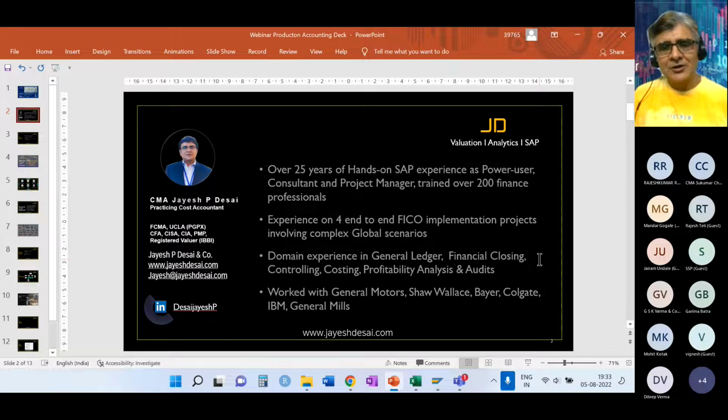In 97, I joined General Motors, which was at that time the Fortune #1 company. My time there was a great experience in terms of the exposure I got, not just to finance, but also to understanding how an organization works. And then, of course, SAP, where they had implemented SAP R/3 3.0F.